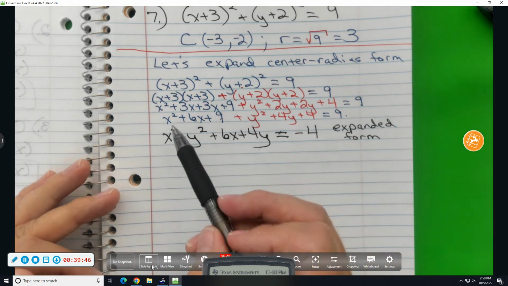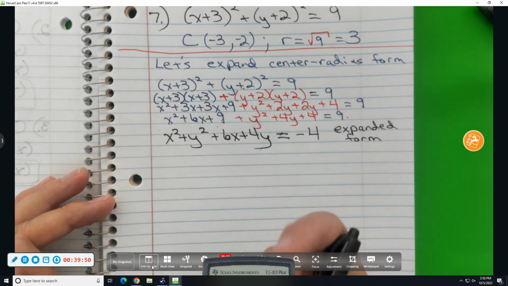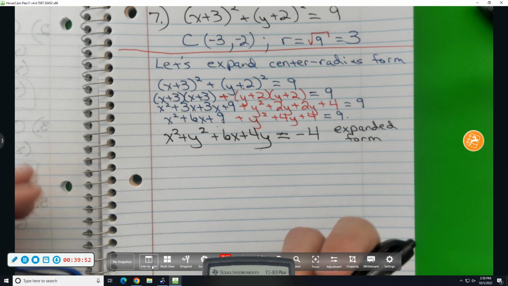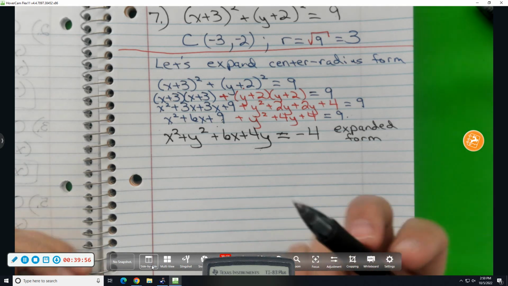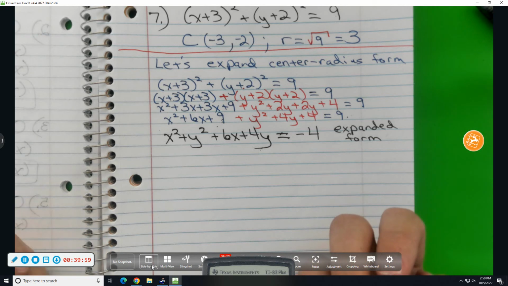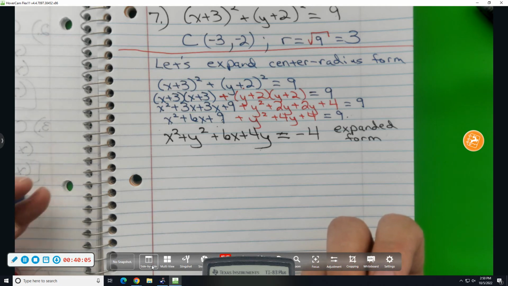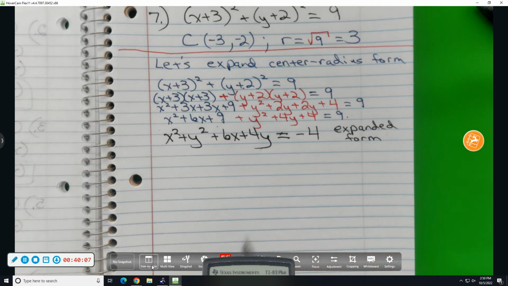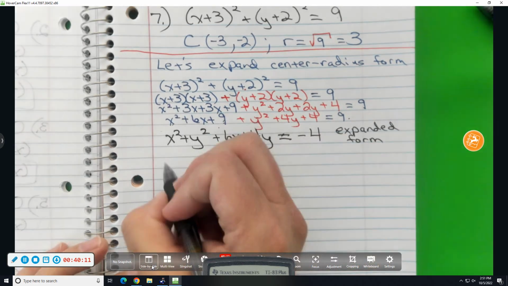We're then going to have to go through and create perfect square trinomials. This process of creating perfect square trinomials is called completing the square. And when we were looking at solving quadratic equations, I made the remark that we were going to delay completing the square until we got to circles. Now we're at circles, so we need to look at how you complete the square. Completing the square